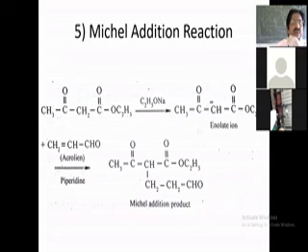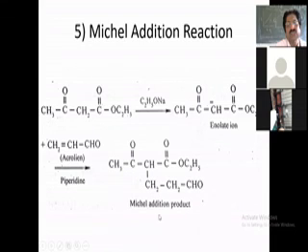Piperidine is once again the important part here. This acrolein is added here, and this is what is called the addition product, the Michael addition reaction, as the addition is taking place here. This group is linked, and the acrolein group is linked here, and you know that aldehyde group is linked here. Because of that, what you are getting is the Michael addition product. So this is the reaction.